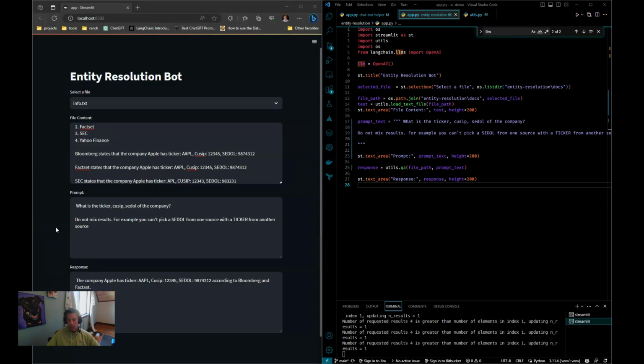Hey everyone, today I want to show you how you can use Langchain and ChatGPT for entity resolution. Entity resolution is a situation where competing sources have conflicting or similar attributes about an entity. So, as an example,